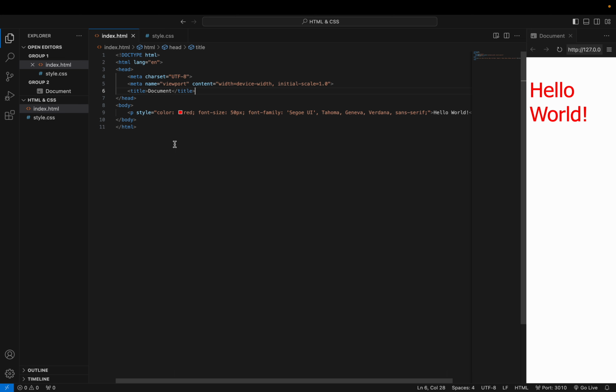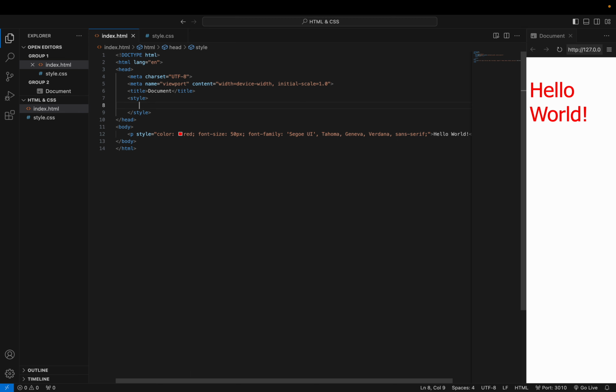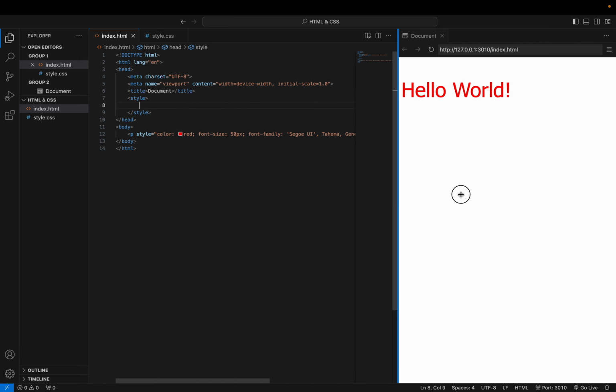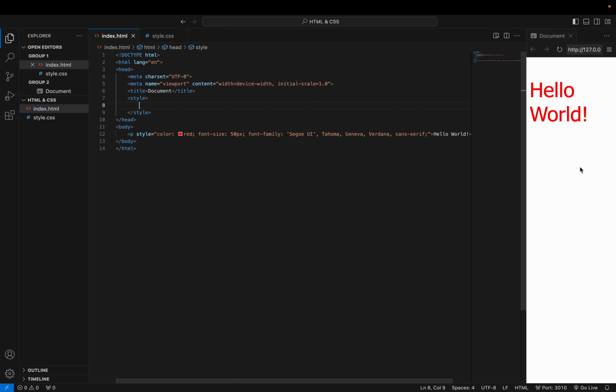How to write an internal CSS is you need to write a style tag inside the head tag, so inside here, and then you can customize your website. For example, you want to change the background. Remember, the content of a website that will be displayed on a browser is inside the body, right? So we write here, body,